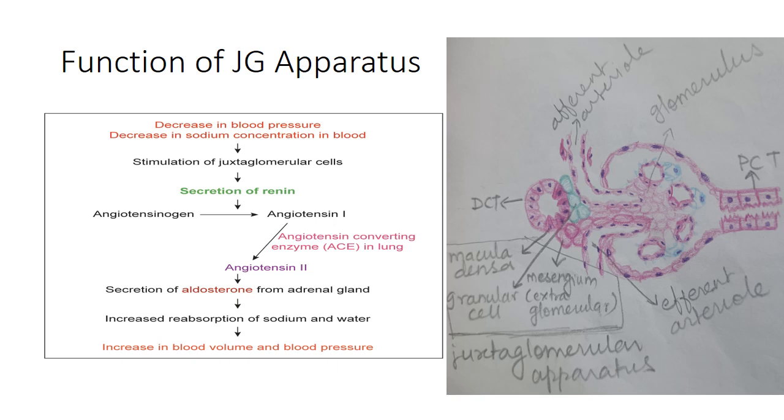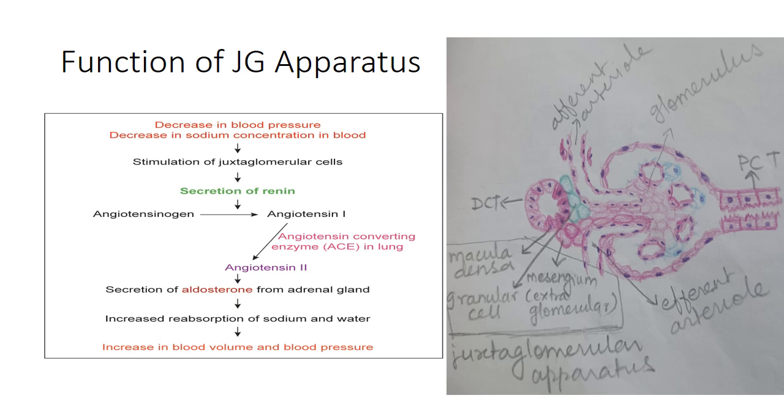Once the renin is released, it will act on angiotensinogen and convert it to angiotensin 1. There is an enzyme in the lungs which converts angiotensin 1 to angiotensin 2. Now, angiotensin 2 causes contraction of arterioles, and this will increase the blood pressure, and it will also stimulate the adrenal cortex to release aldosterone, which causes absorption of sodium and water from the distal convoluted tubule. It will further cause an increase in blood pressure, and this is the